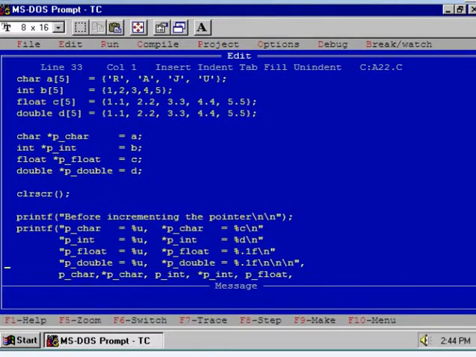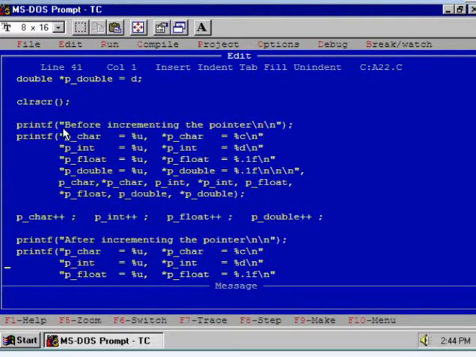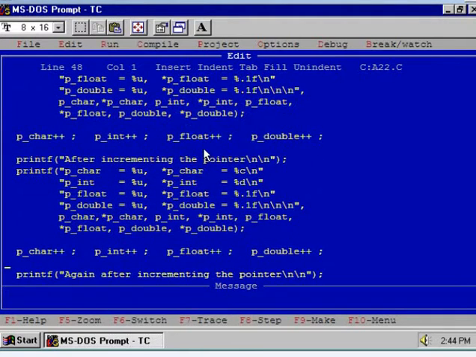Is it clear? Now, next job. We'll display the contents of the pointer, that is addresses, and that's why I have selected the %u sign here. And in the second column we'll display the values of the elements of the array to which this pointer is pointing. After that, we'll increment all the 4 pointers.